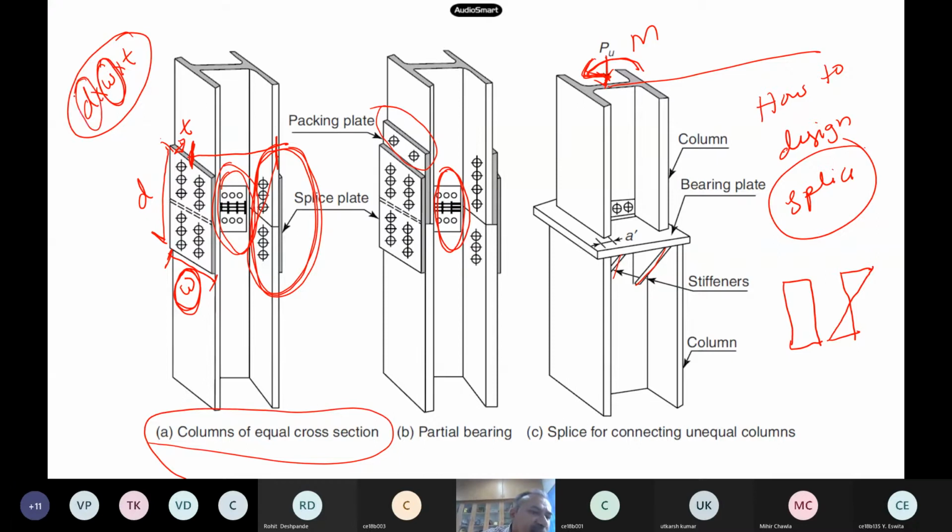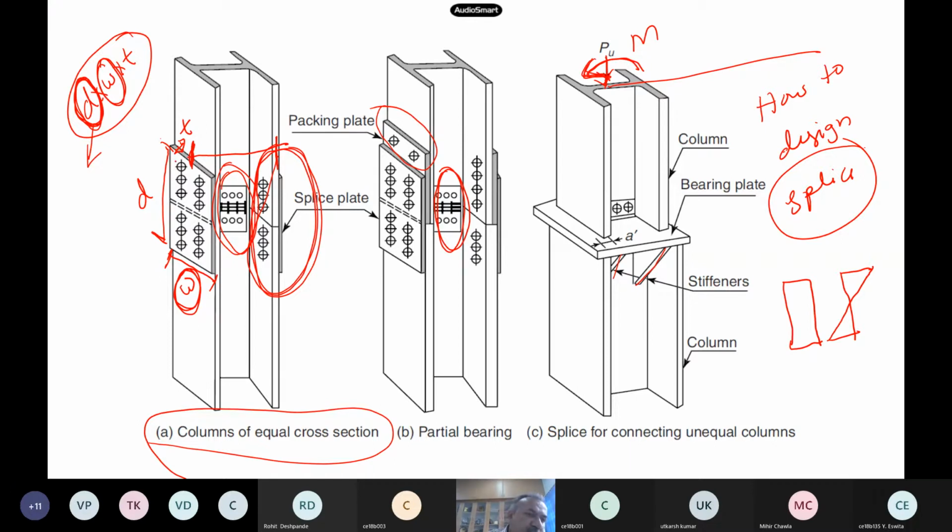Now how do you fix D? The depth of the splice plate, is that given, or do you have to do some calculations? D depends on what? Now see, how many bolts are there here?